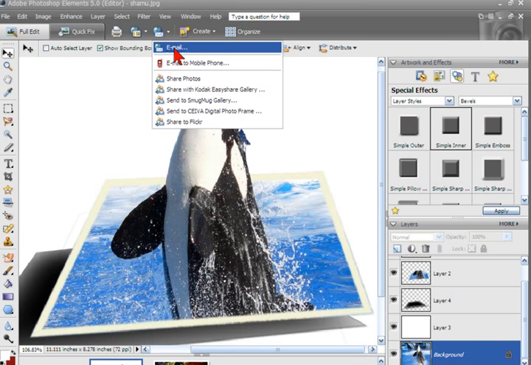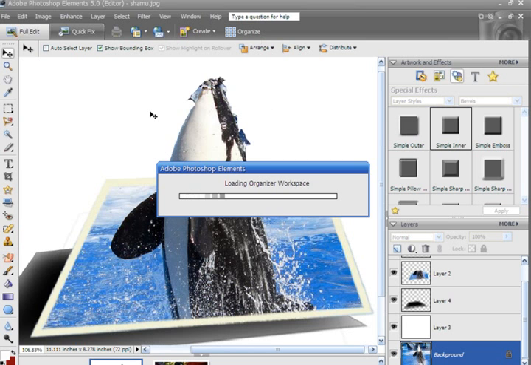And Photoshop will actually, I should have had my organizer open. It takes a while on this computer. It will load your email program, resize the photo, and attach it to your email for you, basically. So it doesn't give you a whole lot of choice in what you can do, but Photoshop will do a lot of the work for you, as well as making it easier to share it on the web, or